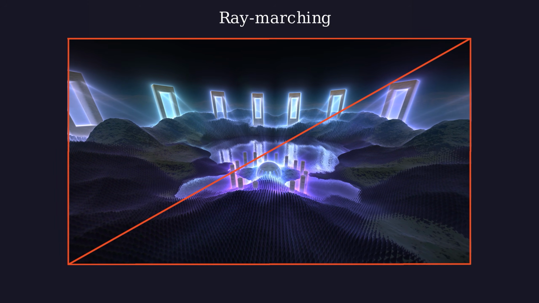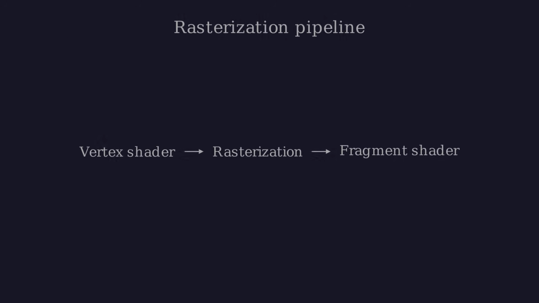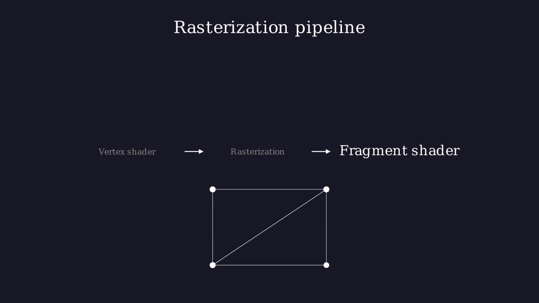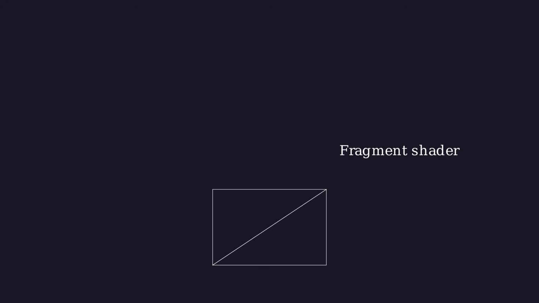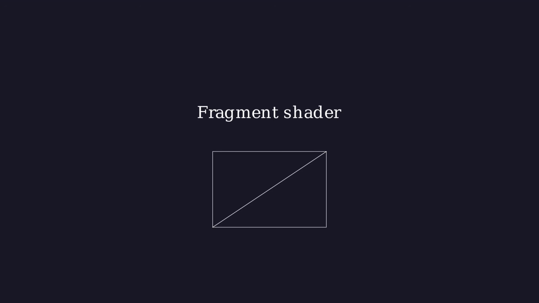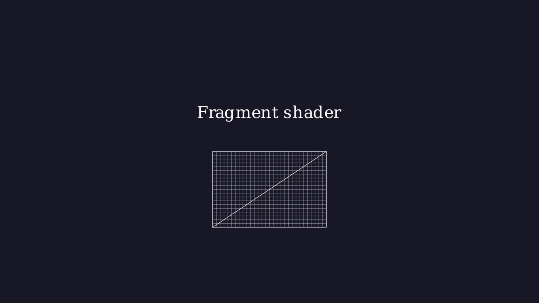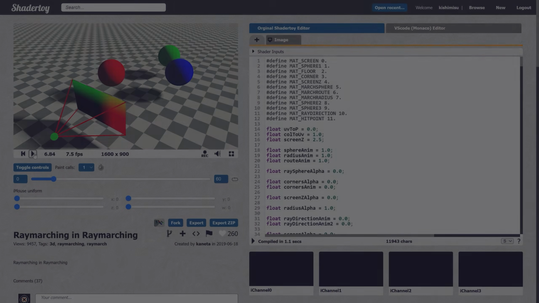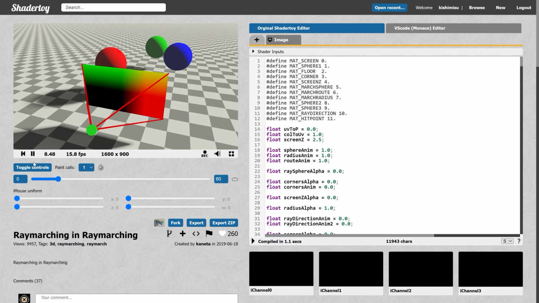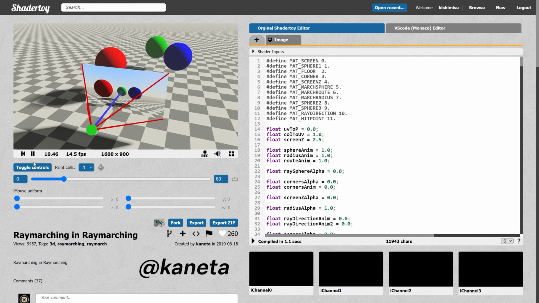Using this technique, the vertex shader and rasterization stages become nearly insignificant in terms of performance, given the mere 2 triangles and 4 vertices processed per frame. Now, everything from the camera to the scene is calculated in the fragment shader stage for every pixel of the screen. But how? To illustrate it, I'll use this amazing shader made by Canada that explains how Raymarching works in